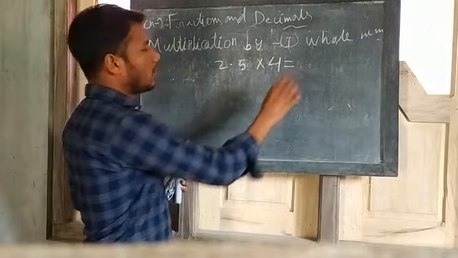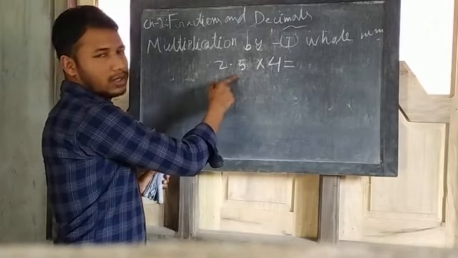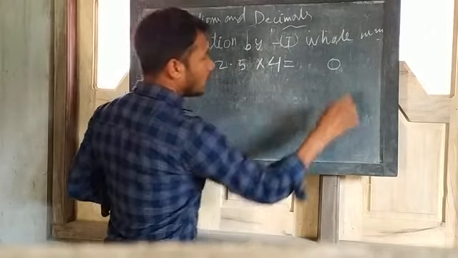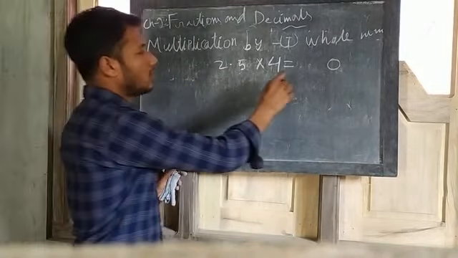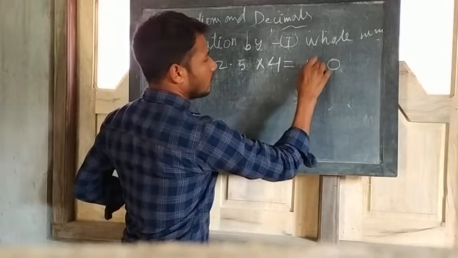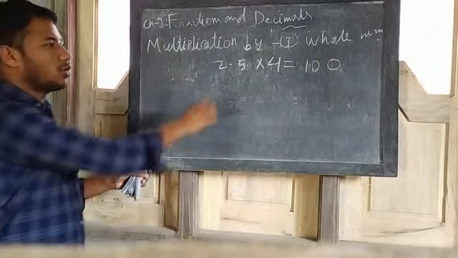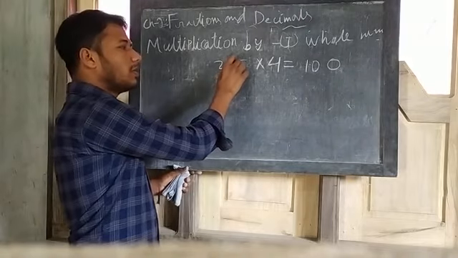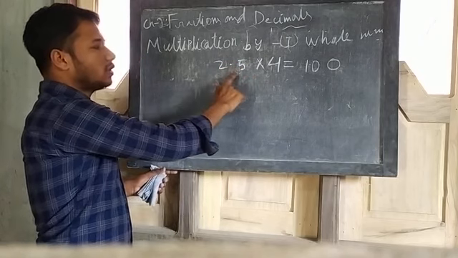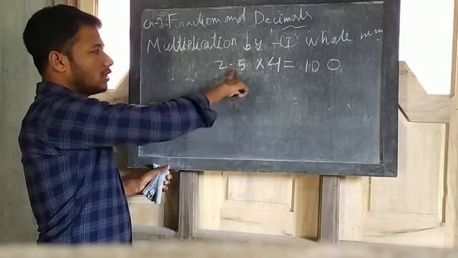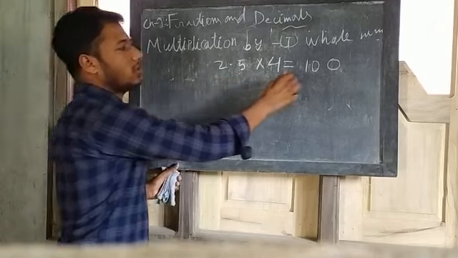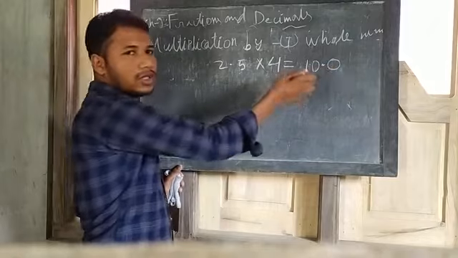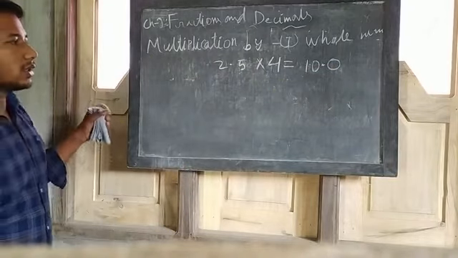We have to just multiply these digits by 4. 4 into 5, 20, and 4 into 2, 8, so 10. First we have to multiply these digits, and then we have to see before how many digits from the right side there is the point. The decimal point is before one digit, so here also we have to put the decimal before one digit from the right side. Okay, like this. See another example,